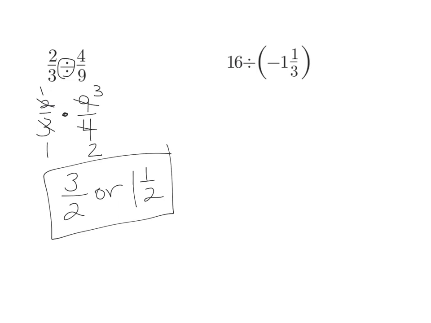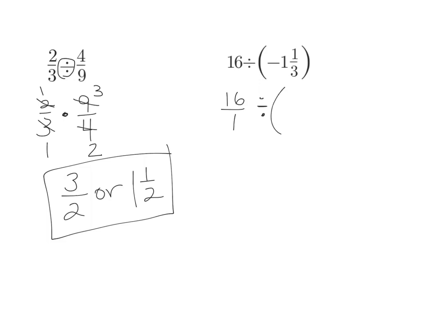Let's try a slightly harder one. The next problem is 16 divided by -1 and 1/3. Like always, we have to change our mixed numbers into improper fractions. We also have a whole number here. We want to write that whole number as a fraction as well. So 16 is going to become 16/1 divided by, we're not flipping anything yet, so we're leaving it as division,